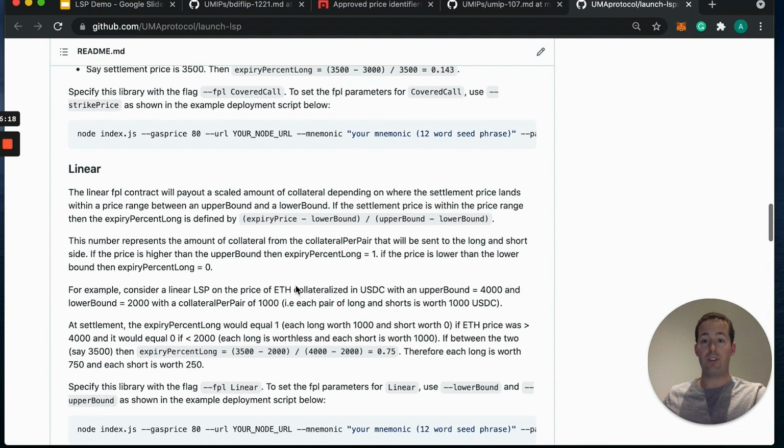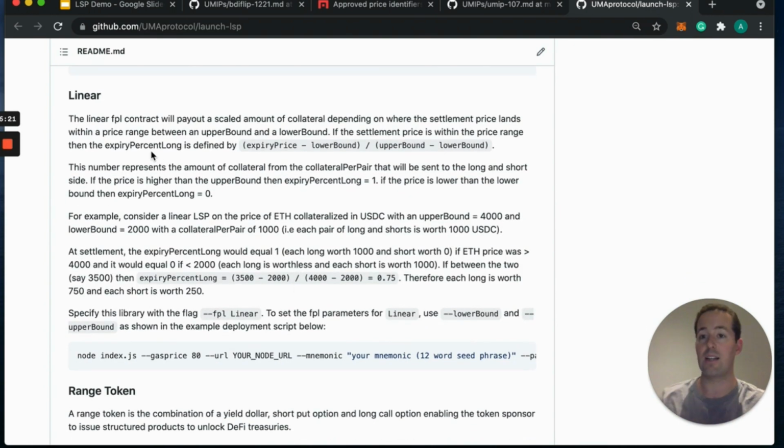Today, for our example, we're going to use the linear FPL contract. And so how we're going to use that with the yes or no query is